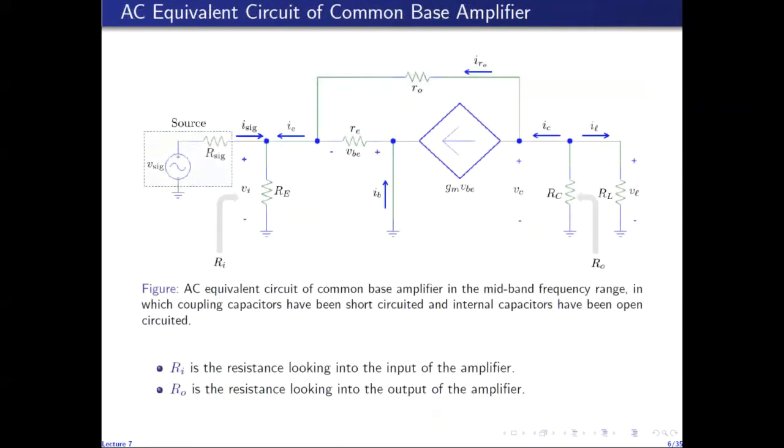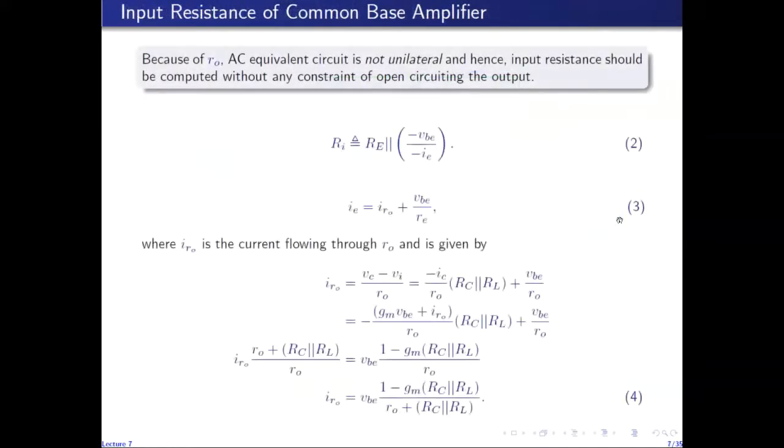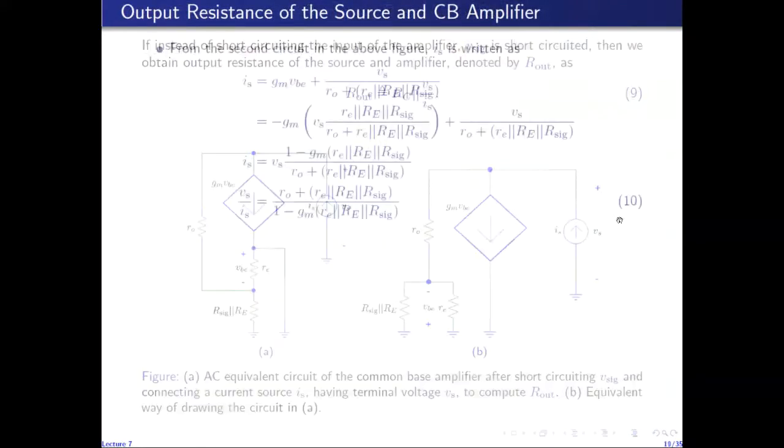On exactly the same lines, the way we derive V naught, you can combine these two resistances into one and realize that VL is actually minus IC times RC in parallel with RL. And IC is the sum of these two currents, GMVBE and IR naught. Then you use the expression for IR naught, which we derived earlier, the full expression without any constraints of putting RL to infinity. You simplify for VL, and you will exactly get the result I just showed you,